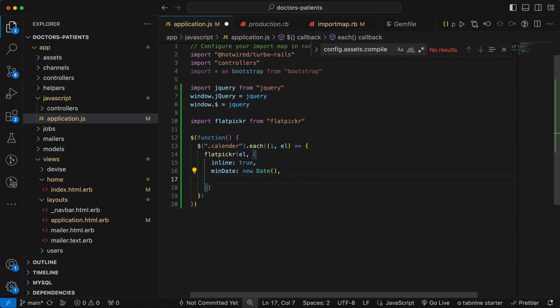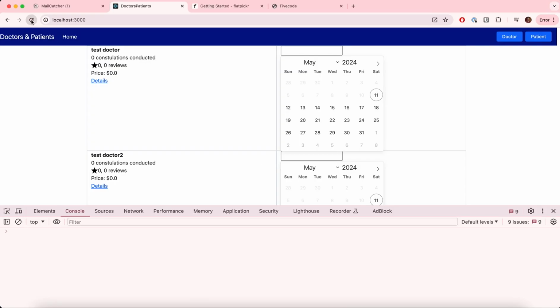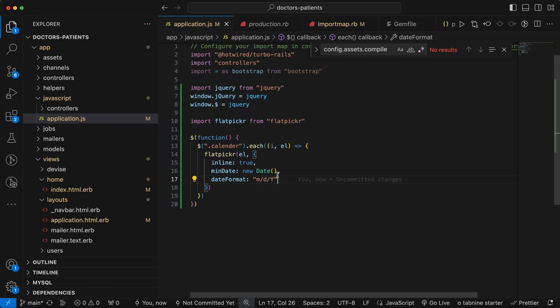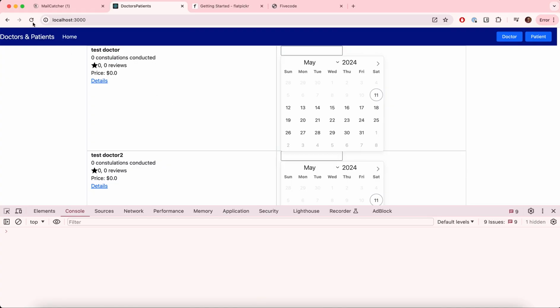And then we can set the date format, and for the date format, let's set month, then day, and then year, right? If we go back and refresh, this will be the date format. When we select any date, we will get the date in this format. And then let's set the alt format, and we can set F, then j, and then Y. So if we go back and refresh,